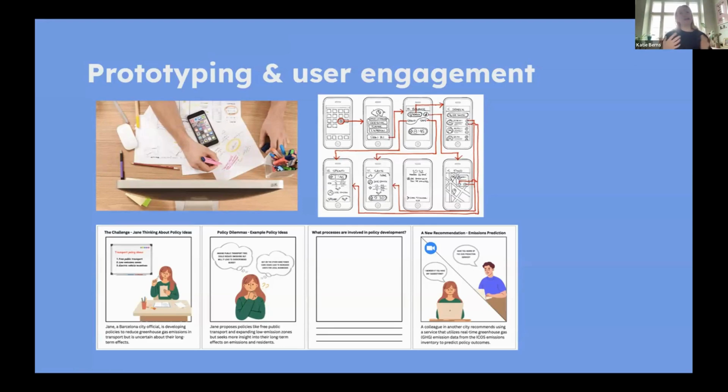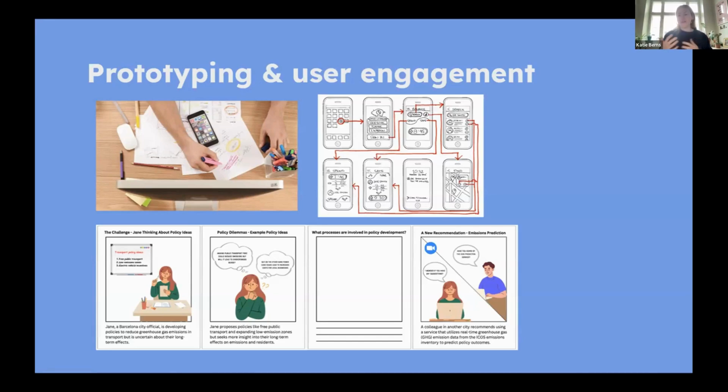And they can input these ideas into a prediction tool, and the tool would then draw on data to understand, okay, this is what could happen if you did A, this is what could happen if you did B, and give them the knowledge to understand which would be the best route to take. So essentially, we had this knowledge from previous user engagement that this is something that could be really useful, but we were missing the details of that.